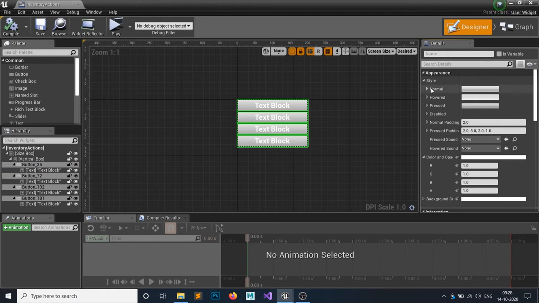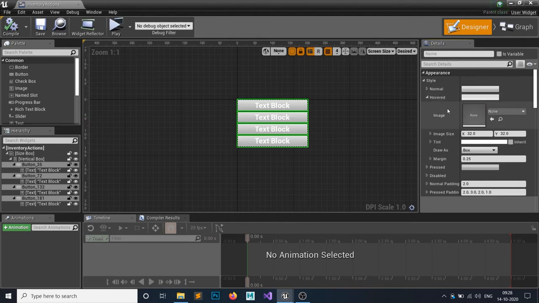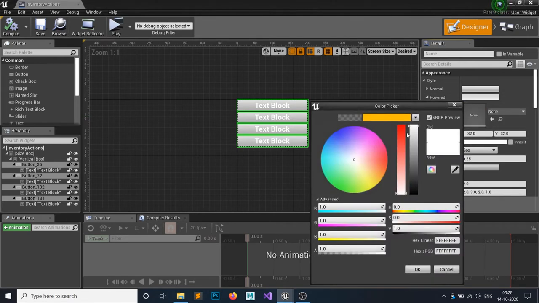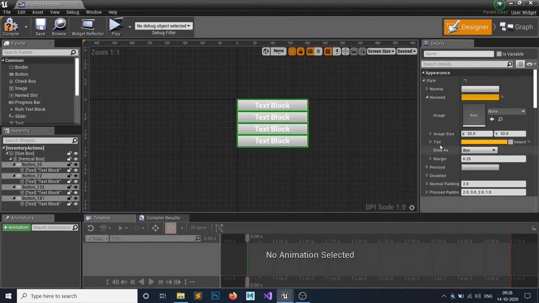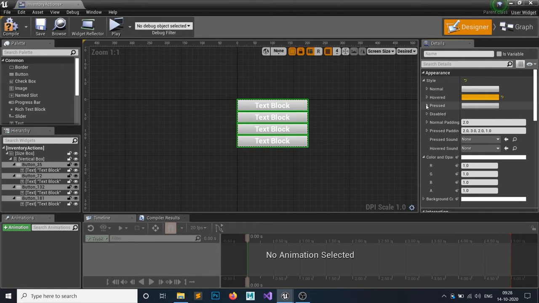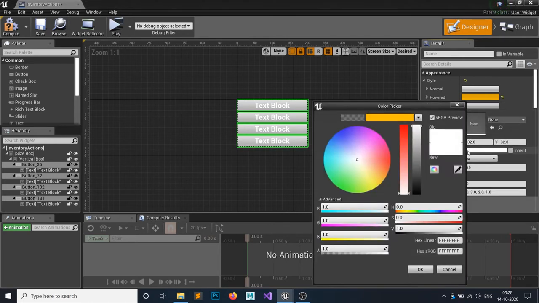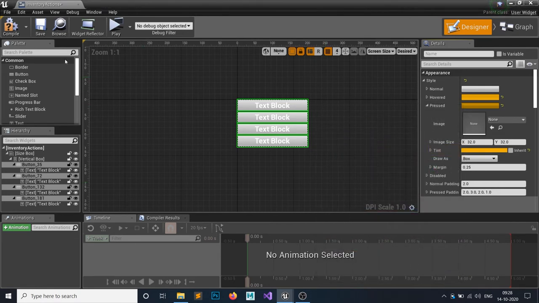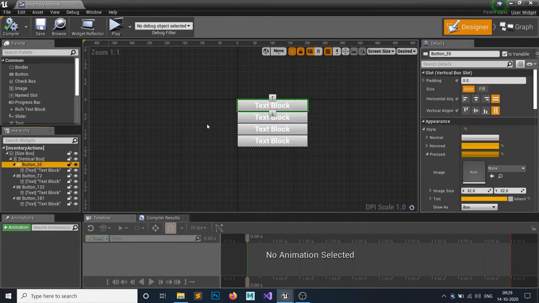On normal view, we don't want to change this, it's fine. But if it's hovered, then we want to change this tint to yellow. Yellow would be fine, right? Same for the pressed. If we press, we want to change this to yellow, but a little bit darker, so it makes more sense, a little more effect that we have pressed this one. Hit compile and save. Right now you can't see the changes, but it will.